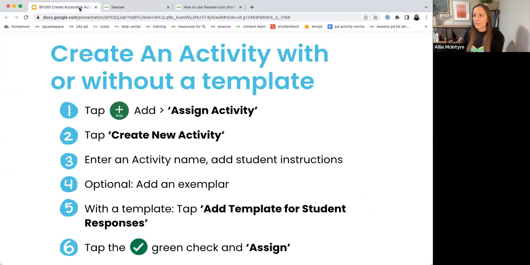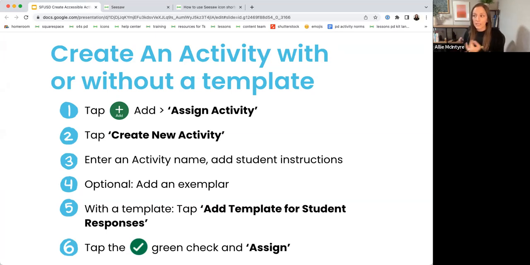Okay, it is going to be your turn to hop into Seesaw now to create an activity, and you have a choice. You can either create one with a template or without a template. That depends on whether you want students to be capturing their hands-on learning, then you could do it without a template. Or if you want to give them more choice in their output, you could do without a template. Or if you want that template to be there because you have more instructions or you want students doing some manipulating on the template, up to you.